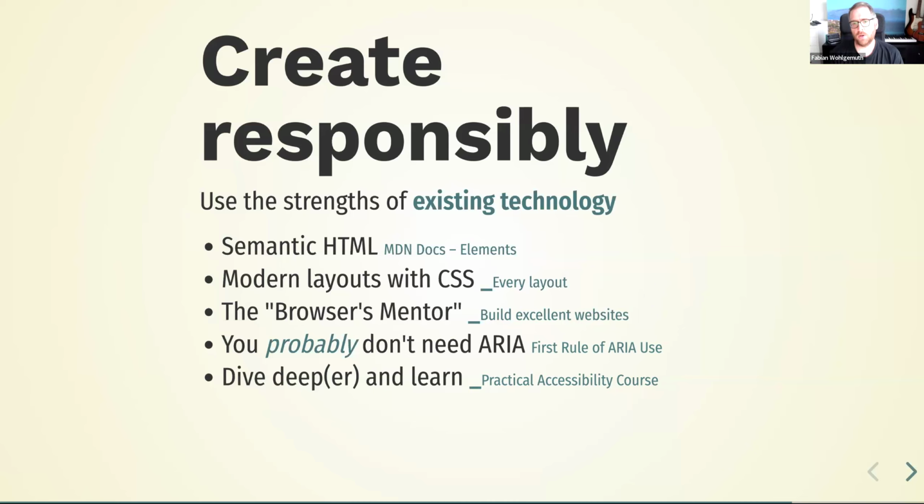dive deeper and learn. There are a million resources about accessibility, but also simply about semantic HTML, about building responsive websites, about using modern technology, about using great CSS features. And the one course I always recommend is by Sara Soueidan, the Practical Accessibility course.